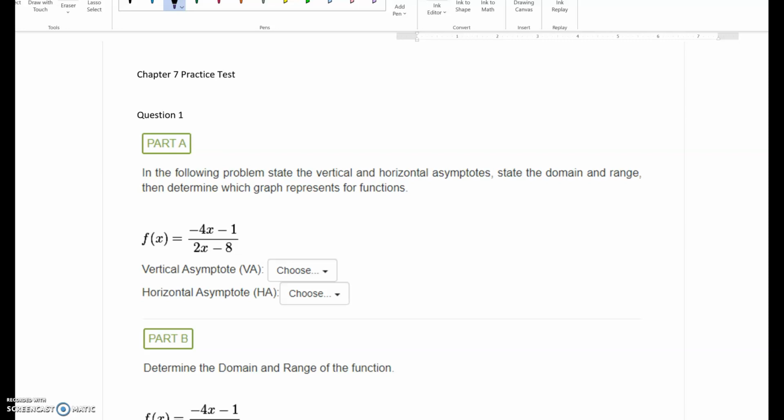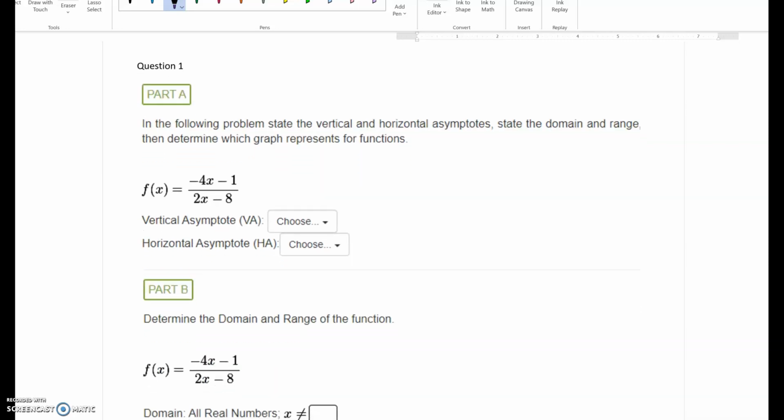This video is going to go through the Chapter 7 practice test. The first question: state the vertical and horizontal asymptotes, state the domain and range, and then determine which graph represents